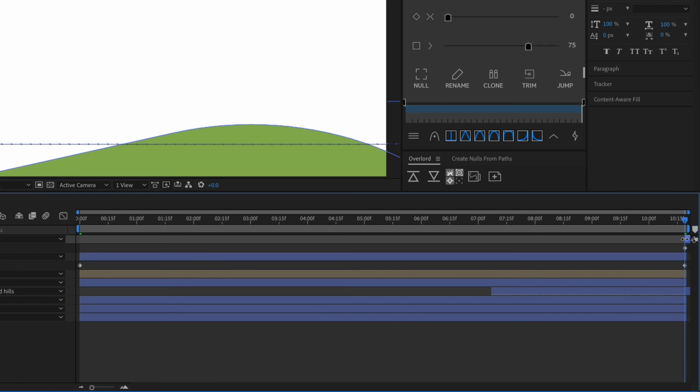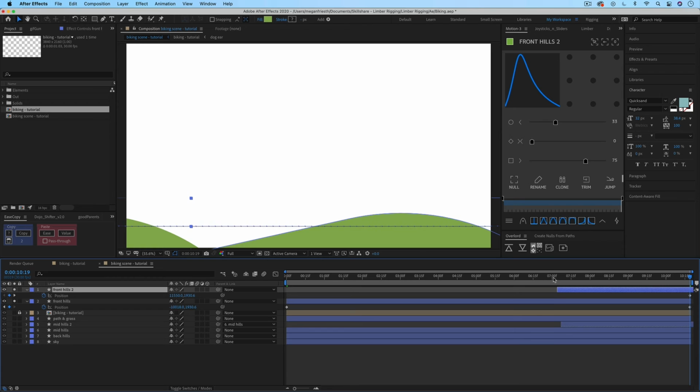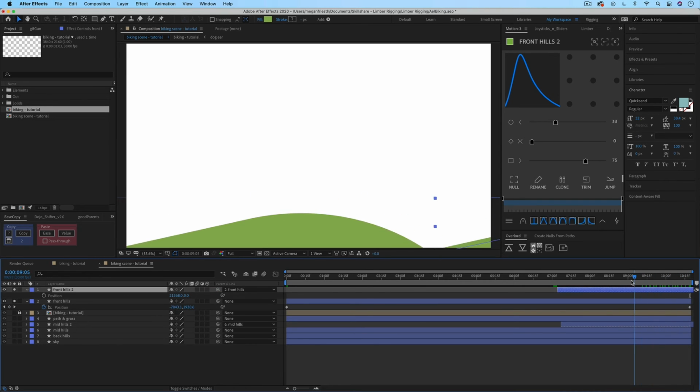And then I need to extend this layer, so I'm going to make sure that I'm dragging with this double arrow so that I'm extending the layer and not dragging the layer. And that way this is not going to pop on, but it's also not animating on. So to fix that, what I'm going to do is turn off the position keyframes and then parent this duplicated hills layer to the front hills original layer so that it is also animating from right to left onto the